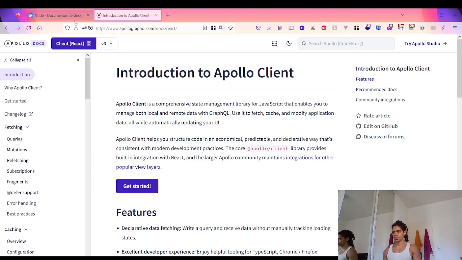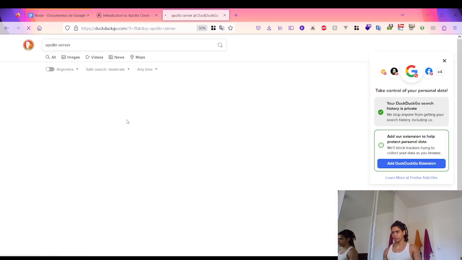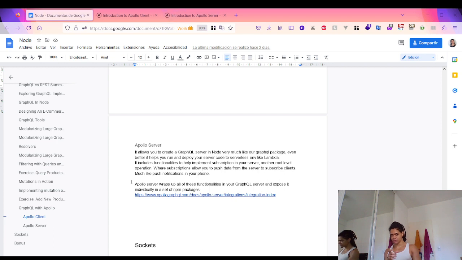Okay. And then I look at the Apollo server. So the Apollo server allows me to create a GraphQL server in Node, very much like with the GraphQL package, and even better. It helps me to run and deploy your server code in a serverless environment like Lambda or Azure